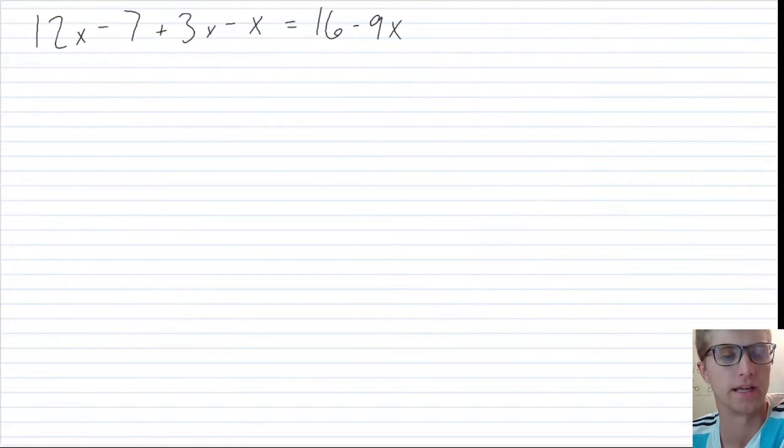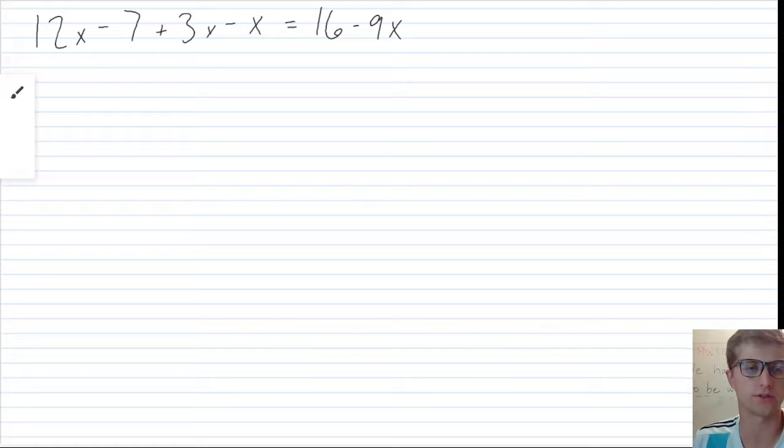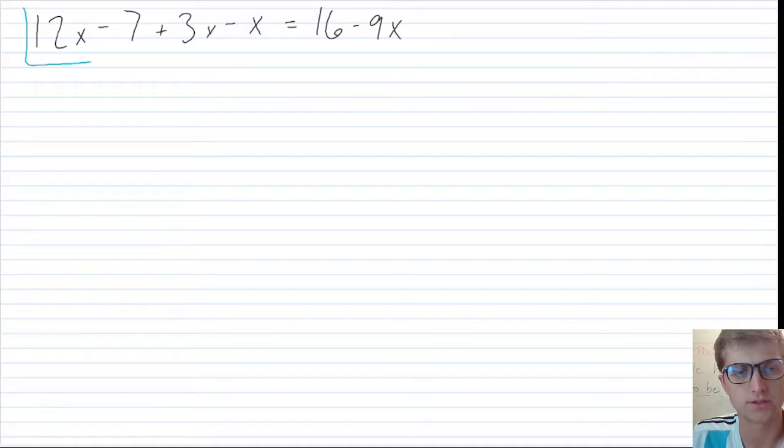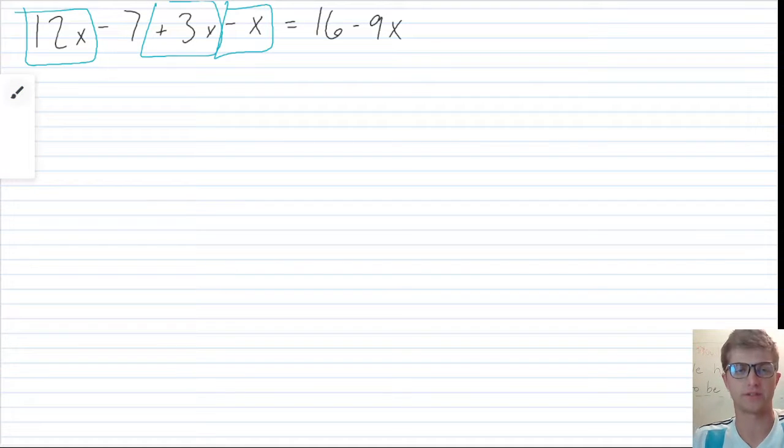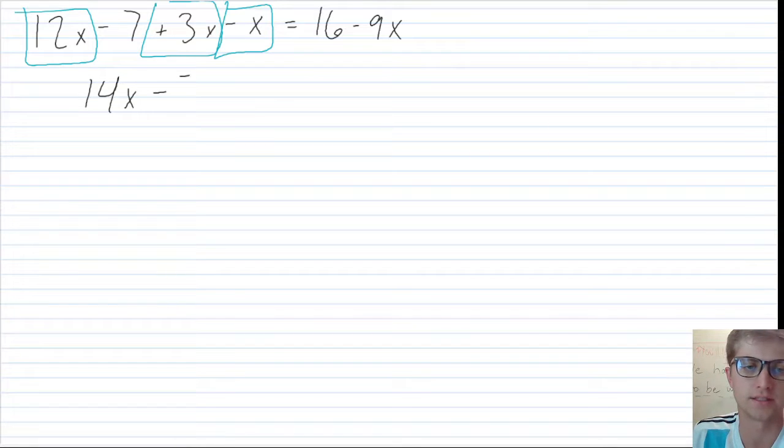And then lastly, we got a long one. Can we combine like terms? Let's use our circles and squares. Square our variables. And wait, what's going on there? Is that an x? What did I write? Yeah, that's an x and this is an x. Alright, great. 12x plus 3x is 15x minus x is 14x minus 7, and then we're left with 16 minus